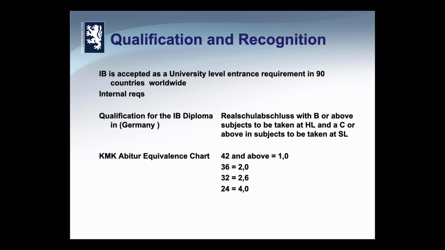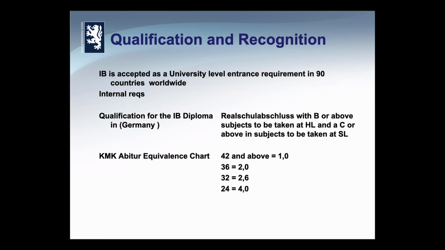And there's also a requirement for students to attain a higher level science to gain access to German universities. Language B needs to also be studied at higher level to be recognised for the German system. But again, Mr. Sands can help you with this. And on our website, you will also find a copy of the KMK agreement.